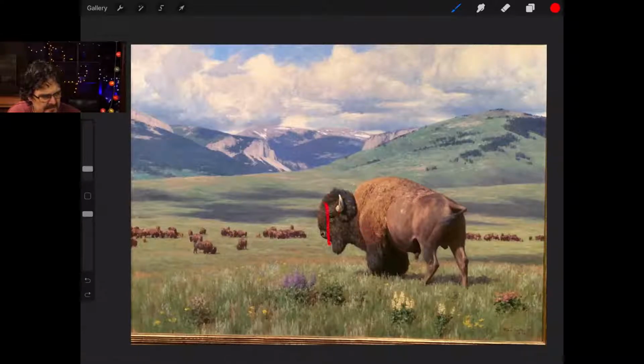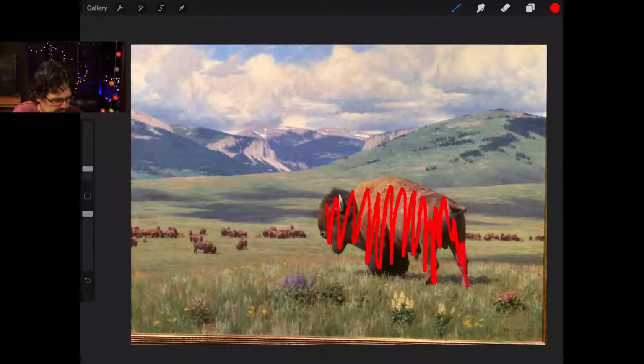But he's not sitting out here in his lonesome all by himself. There seems to be quite a bit of that color.